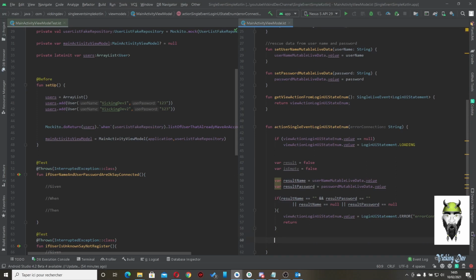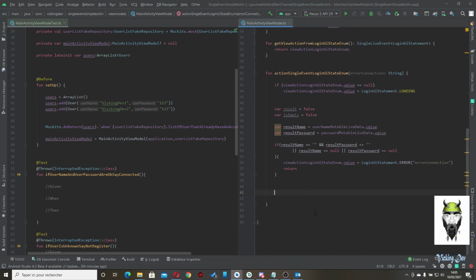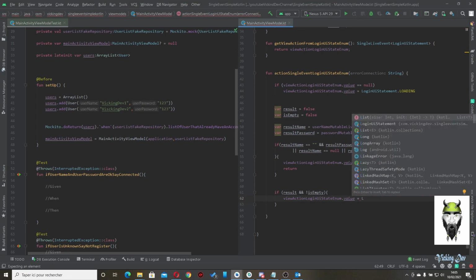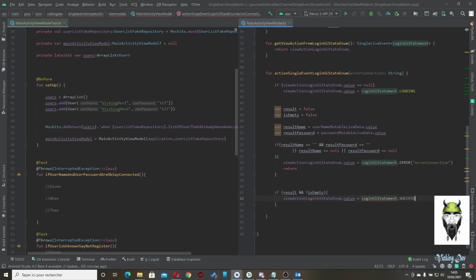So now let's place the method for the result I expected. If I've got the result, that's okay, and yes, account is not empty. So of course for that, view action dot value equal success, dot success, yes, else